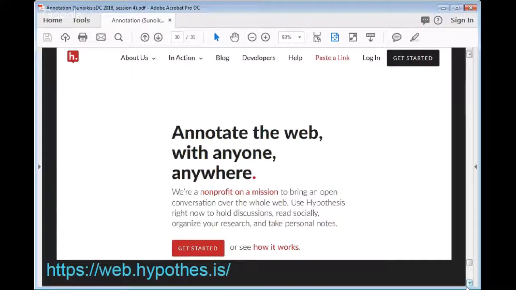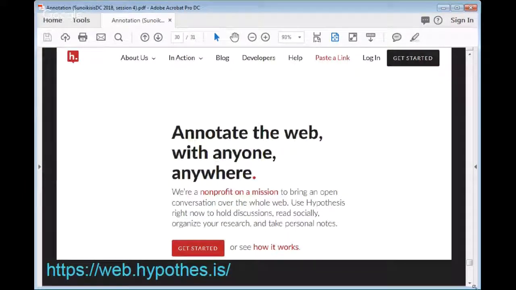What this enables you to do is to annotate publicly or privately, and create this open annotation RDF format in that annotation. I haven't yet discovered whether you can then download the RDF from Hypothesis. I suspect reading the FAQ would tell me quite quickly, but just clicking around and trying to find the download RDF link, I didn't find anything. But that's something that we can look at.